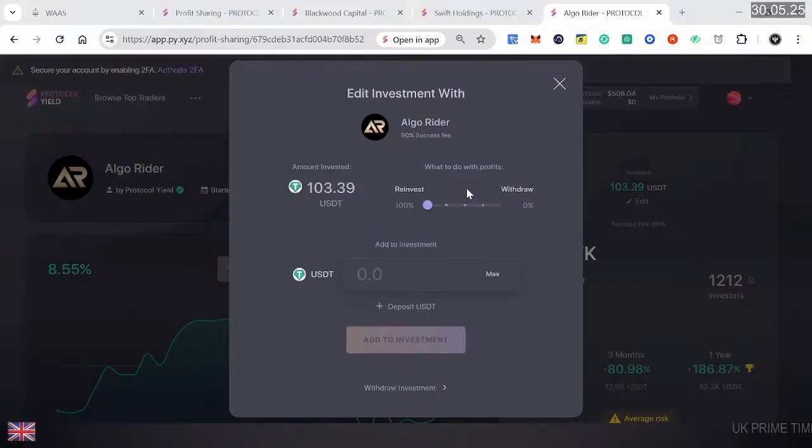What you suggest the system do with your profits, you have to decide when you allocate your fund to the trader. If you choose 100% reinvestment, every time the system makes a profit, it will reinvest after settlement of the PSDS cycle. If you choose a certain percentage, or 100% withdrawal, the fund will be withdrawn, but